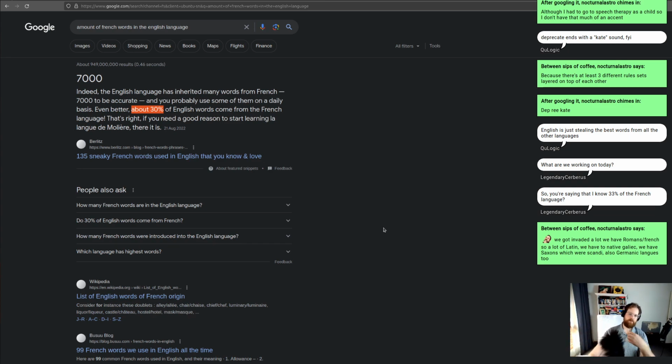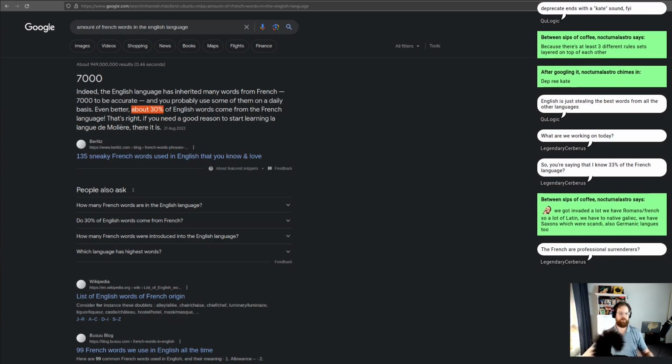So this is why you have words like blouse and t-shirt. They mean the same thing, but one's fancier than the other. We got invaded a lot. We have Romans, French, so a lot of Latin, yep, and we've got native Gaelic. We have Saxons, which were Scandi, also Germanic languages too. Yes, the English language is,